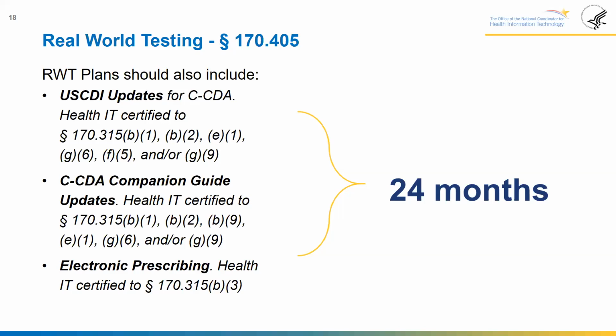The indication here is 24 months, but the 24 months is an indication within the regulation for when those standards not only need to be incorporated within certified health IT modules, but also need to be rolled out and made available to end users. It is entirely possible that the real world testing of these will not be incorporated into plans until the following December 15th. So it is possible that those might not turn up until 36 months for the test plan, but those are also included within those sections and are one of the things that will have to be addressed by plans. Next slide.